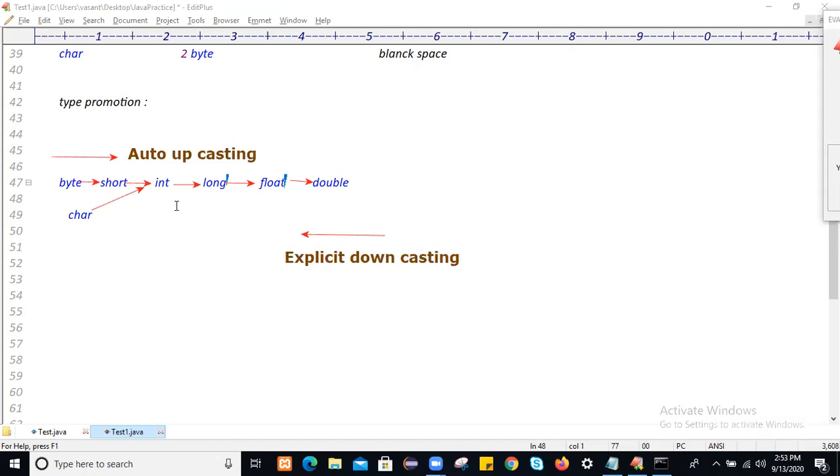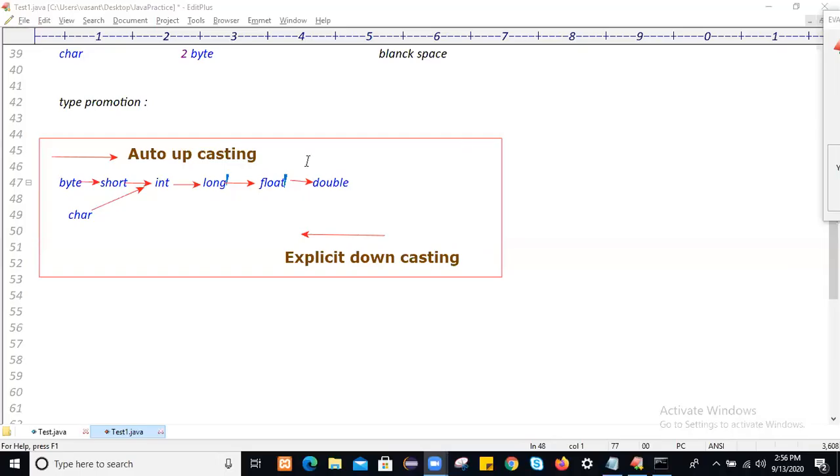How are we going to perform type promotion in Java? So this table is important, guys. You should remember this table. So write this table properly. Type promotion, left to right and right to left. Type promotion in Java, and draw this table.